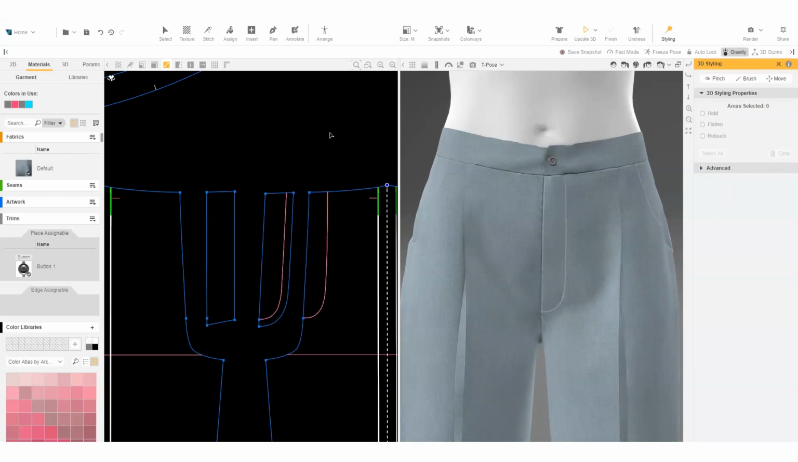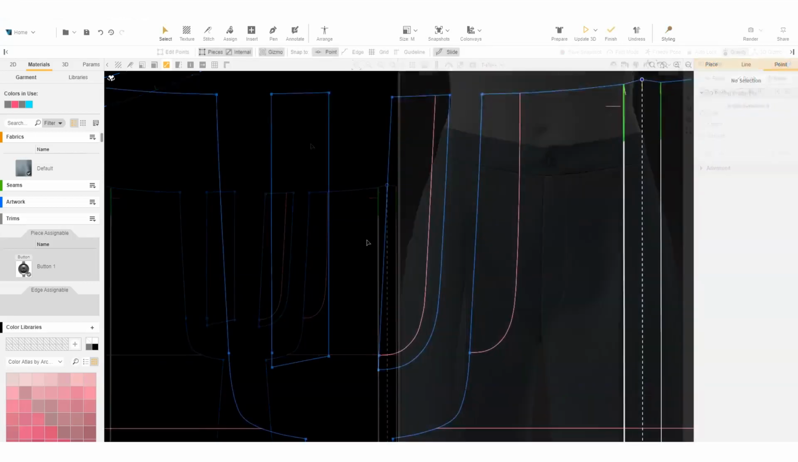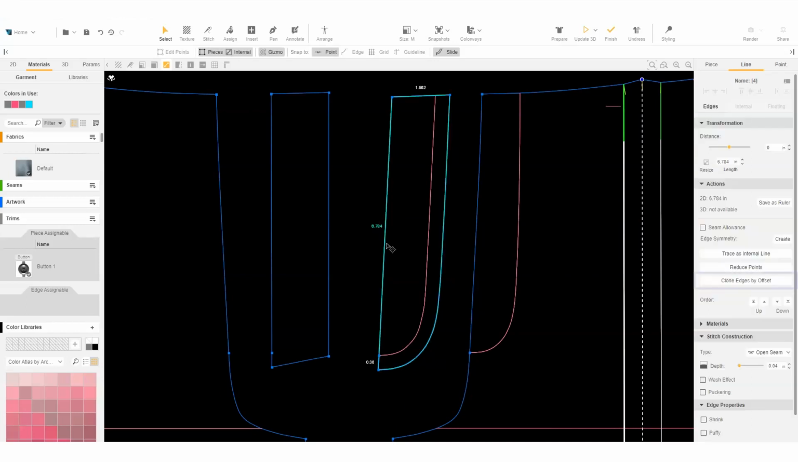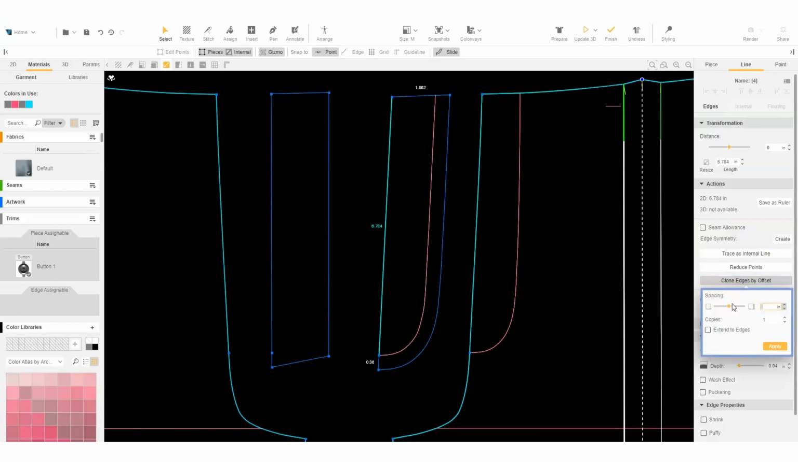Next, we attach the zipper for the fly. To do so, we need to add internal lines on the fly and fly facing. The first line we add is the fly facing. We do a clone by offset of -0.6 inches from the edge of the fly facing and ensure that extend